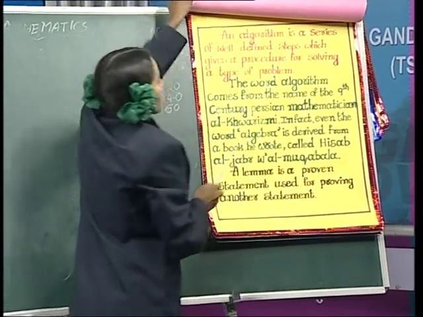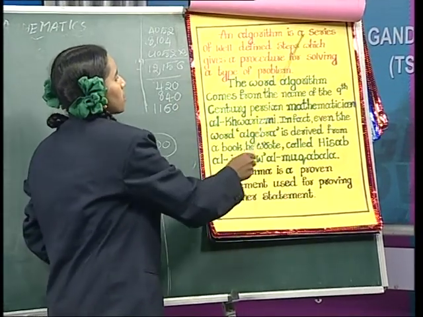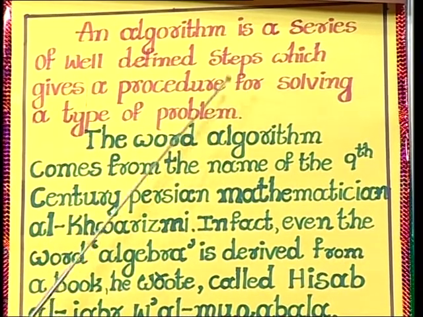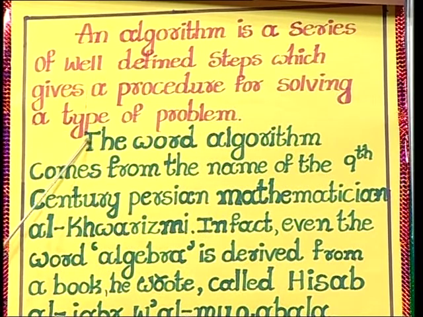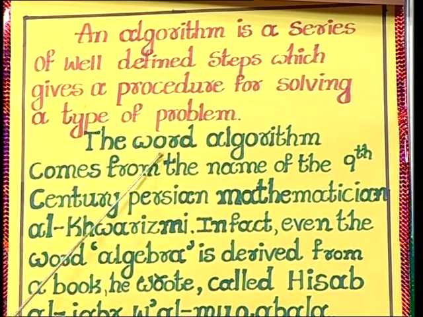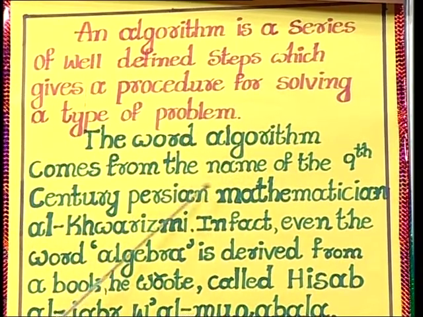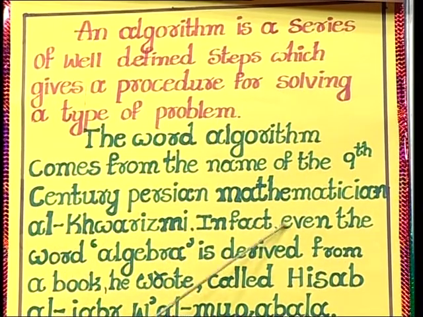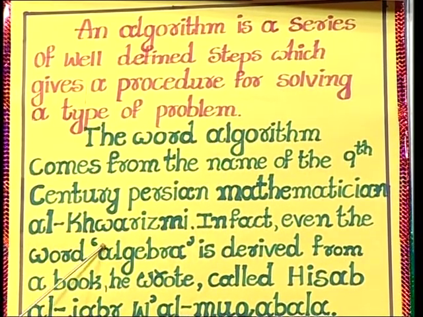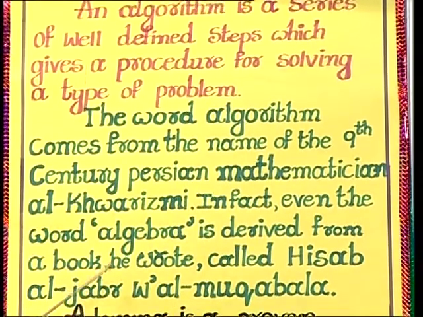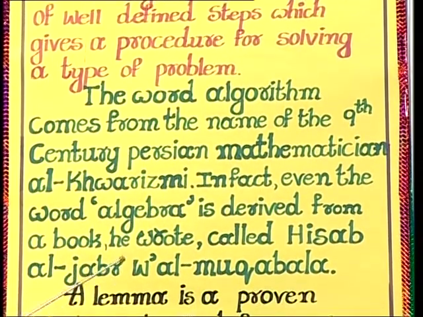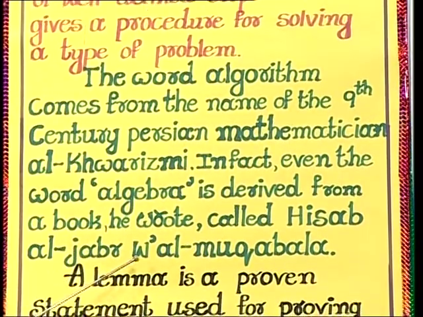Let us see what is an algorithm. An algorithm is a series of well defined steps which gives a procedure for solving a type of problem. The word algorithm comes from the name of a 9th century Persian mathematician known as Al-Khwarizmi. In fact, even the word algebra is derived from a book he wrote called Hisab Aljabar wa